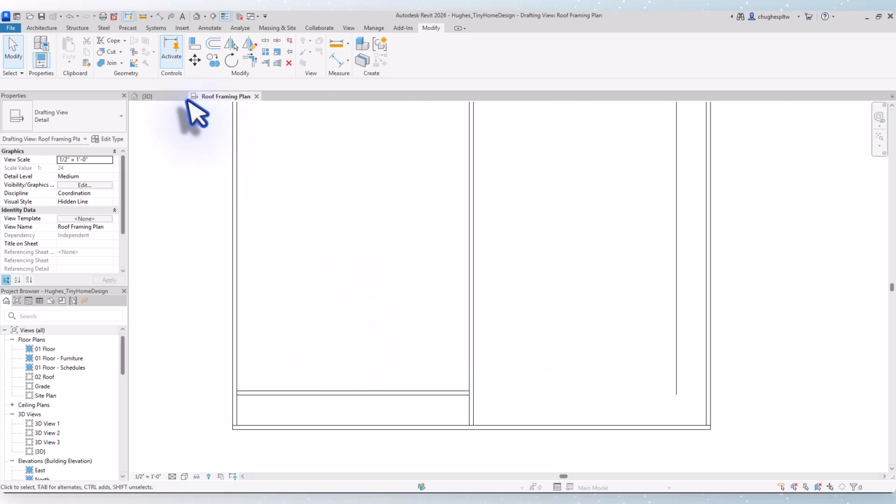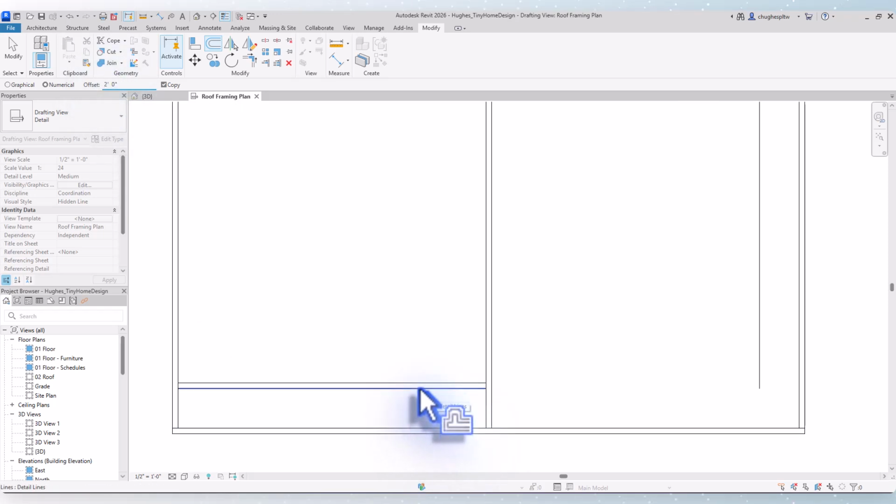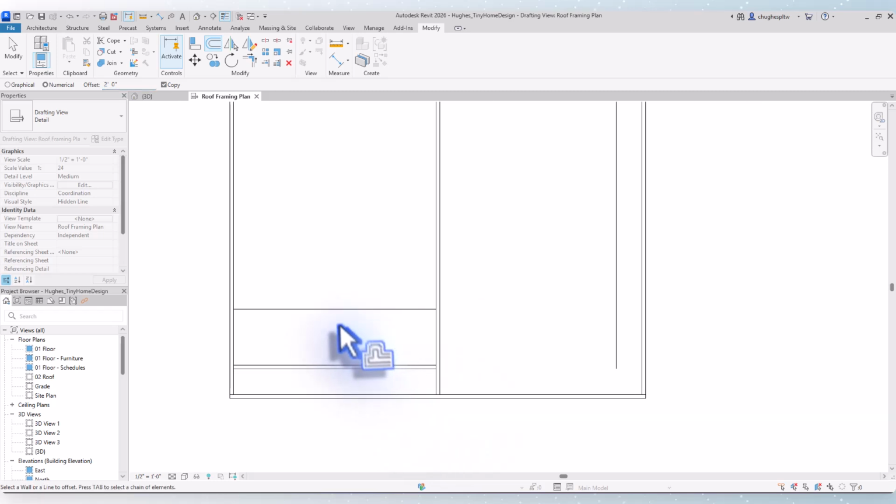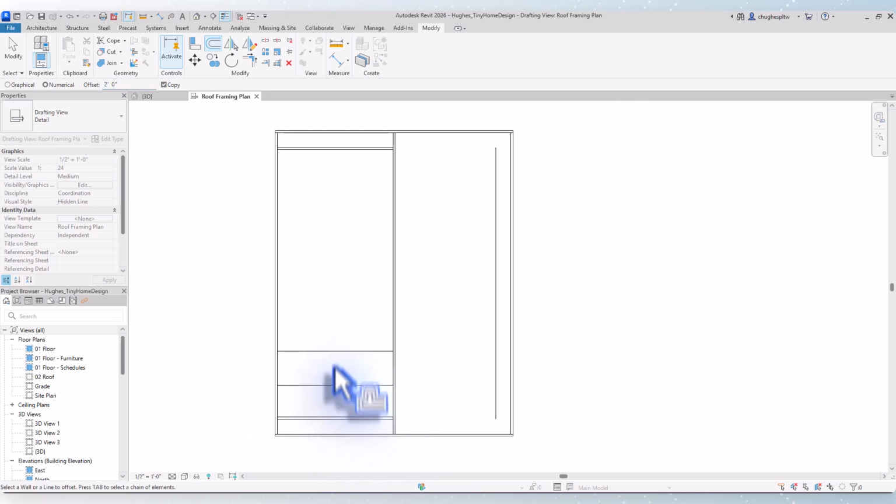I'm also going to go ahead and grab the offset command, and we're going to set this value to be 2 feet or 24 inches, either one. And on this rafter here, I want to go to the inside, so that way I can see this line right here. I'm going to use the previous line to continue to add lines down just the left side of my